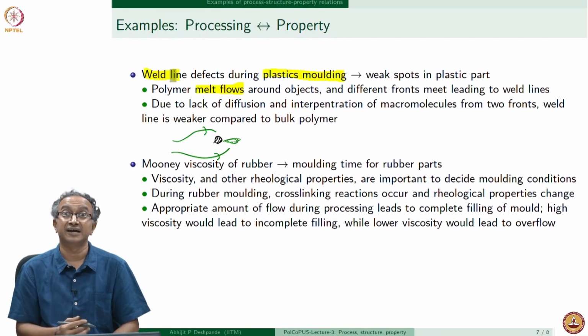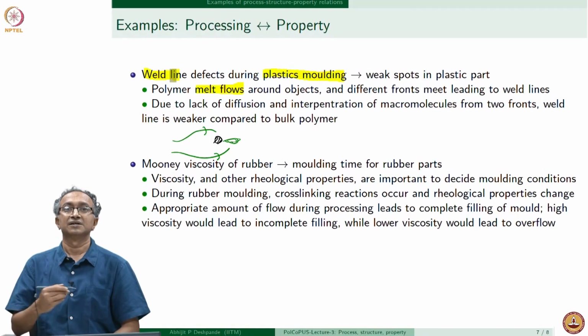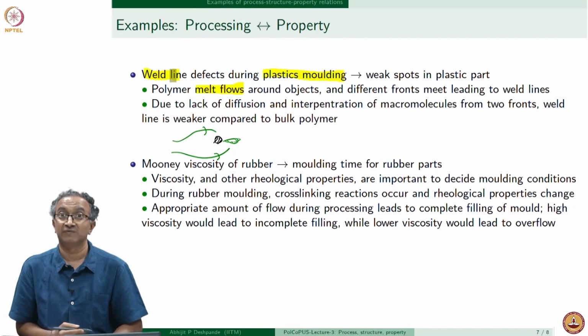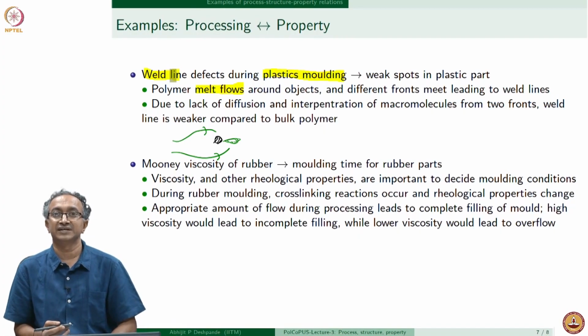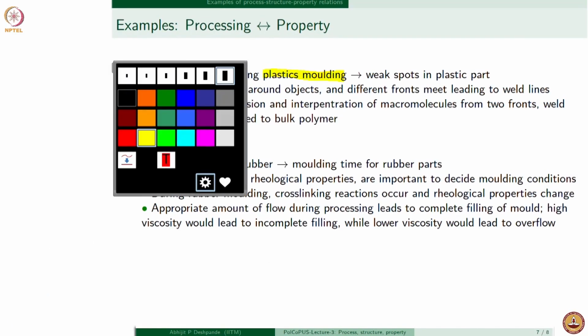and that's where the part is likely to fail. So we need to know where the weld lines are, and can we reduce the disadvantages of weld line, can we improve properties around weld lines, so processing directly influencing the performance of a part. We can also look at other example where viscosity of rubber is